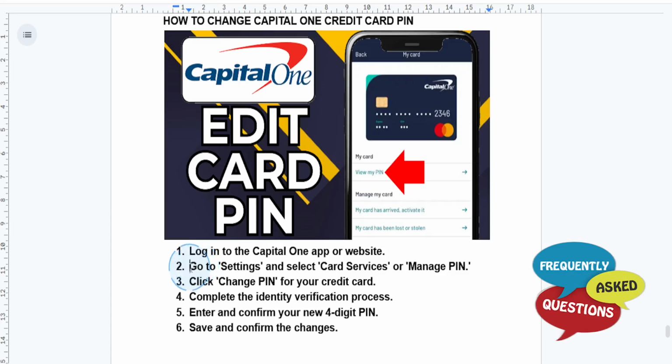Then you're going to navigate to settings. So in the app, you're going to tap on the profile or menu icon and then just select settings, and you want to look for the card services or manage PIN option. And then you want to choose change PIN. So you want to click or tap on the change PIN option for the specific credit card you actually want